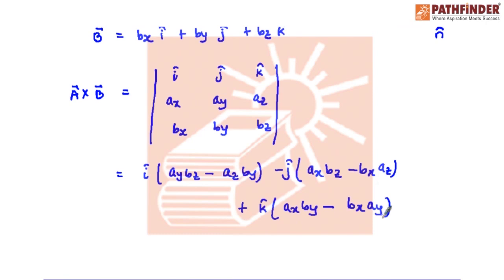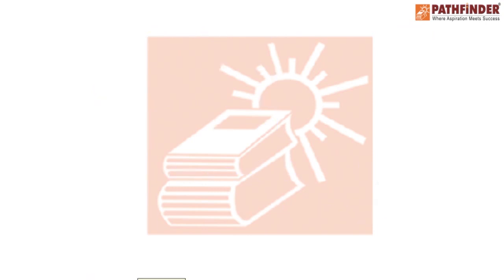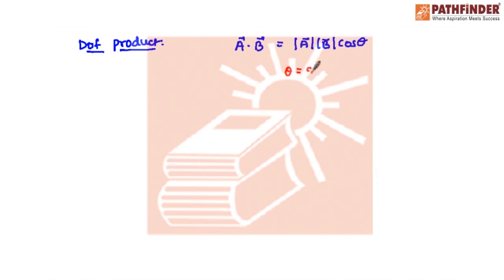Now a cross b also represents the area of the parallelogram which is formed by the two vectors a vector and b vector. Let us deal with another aspect, the dot product of two vectors. So what do we mean when we say that we are multiplying vectors using the dot product technique? When I write a dot b, the definition is a b cos theta. So over here we get a very important result, that if theta is 90 degrees, then a dot b will become 0.